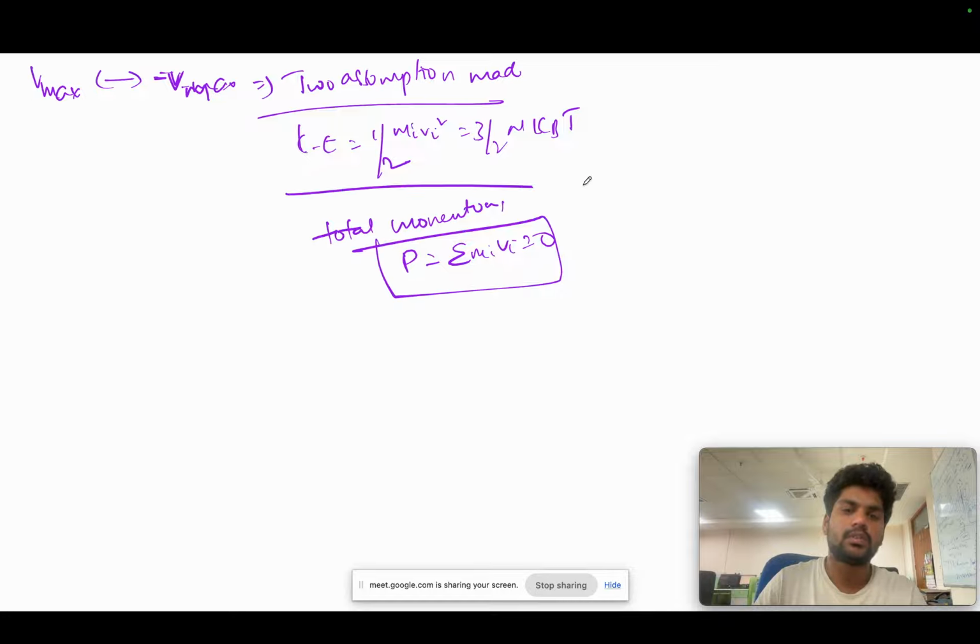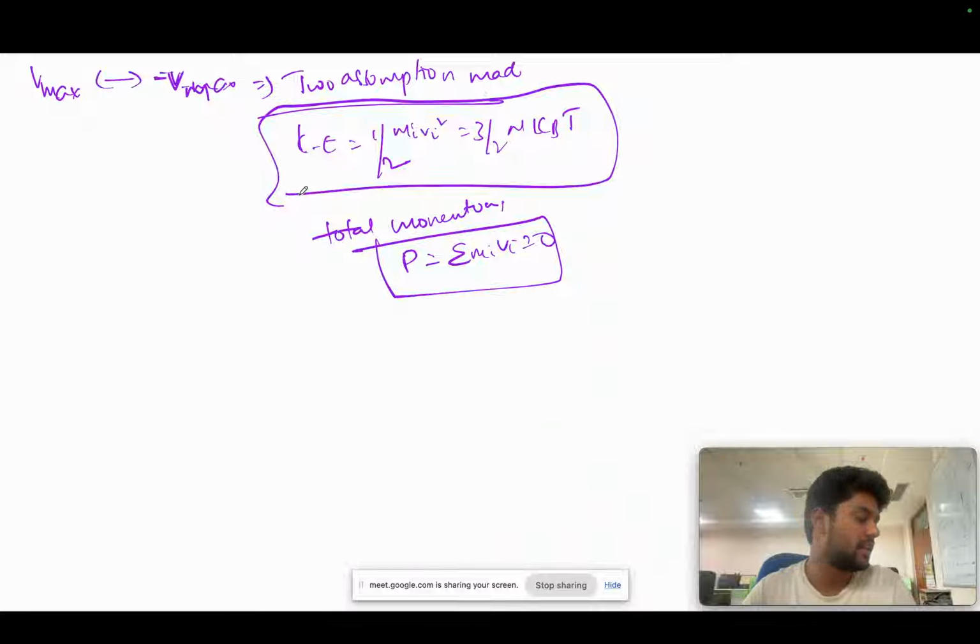So these are the two assumptions which have been taken to calculate the initial velocity, and by applying the probability condition